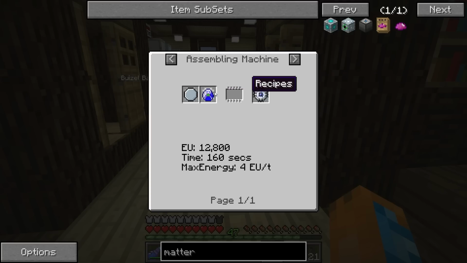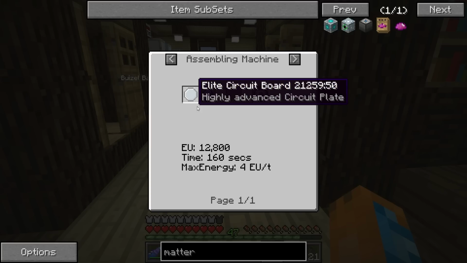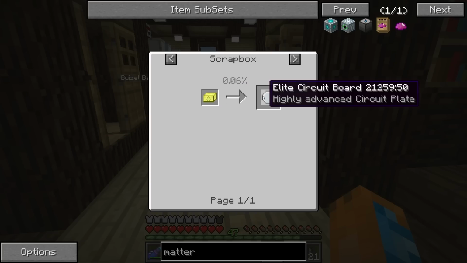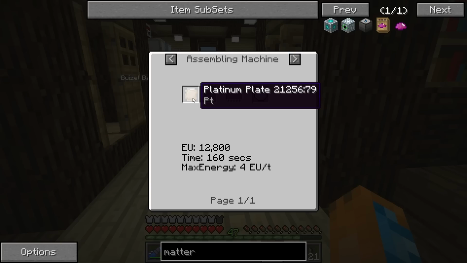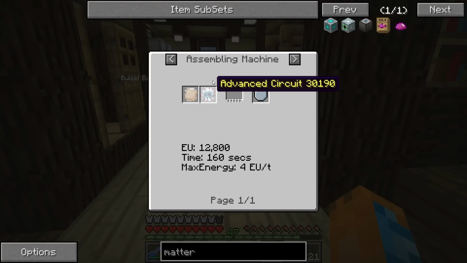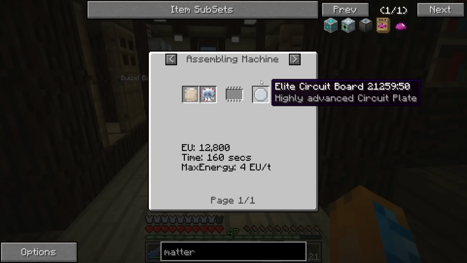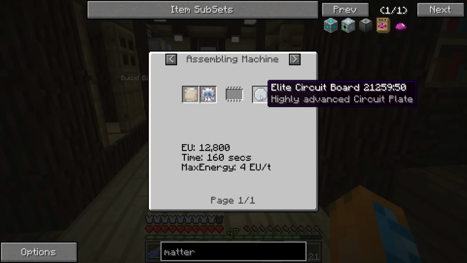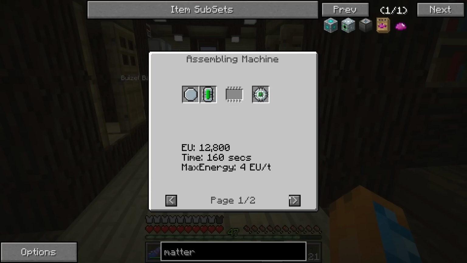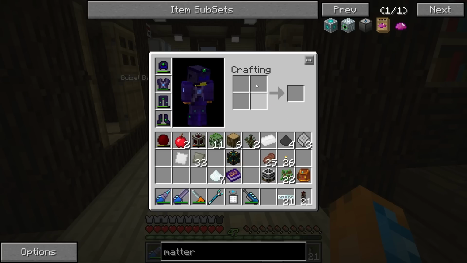So you'll need to do this to get 4 of those. How do you get the elite circuit board? Well, you could get lucky in a scrap box, but the best way is just with that same assembling machine. You take a platinum plate and an advanced circuit, and then that'll get you an elite circuit board. And again, this is going to take 160 seconds. So, you know, it's a timely process,